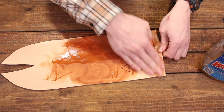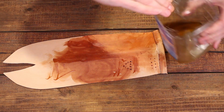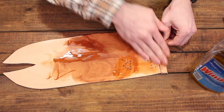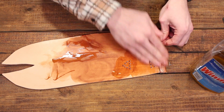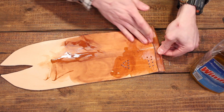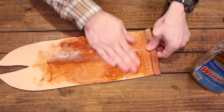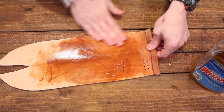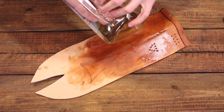I don't have to worry about getting sick. But if you have any holes drilled like this, it will soak in through the edges, and so those holes will be darker. So if that's what you want, that's a good thing. So you can see it's soaking in through the edges here, and that's all going dark. So this, when it dries, will actually be much lighter than it appears right now, and it'll all even out